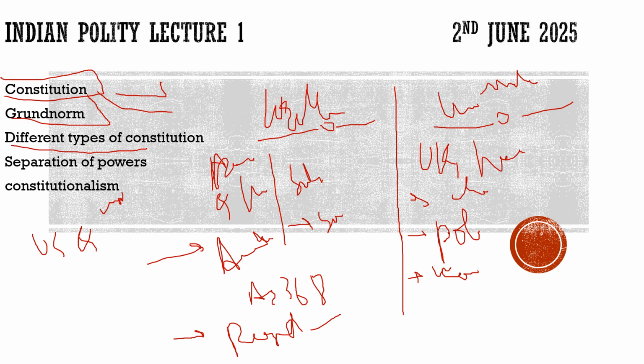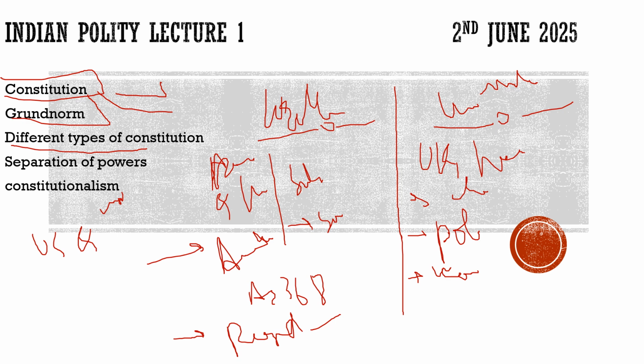So I hope you have understood the difference between the written and the unwritten constitution. There was no codification. There is a political culture. In that particular society, they never felt the need of codifying the constitution. Maybe tomorrow they will feel such a need and codify it, but till now the UK and New Zealand have never felt the need of codifying it, so they have not codified it. And conventions play a huge role.